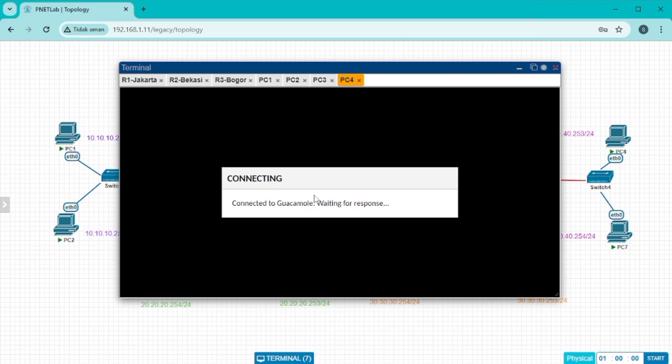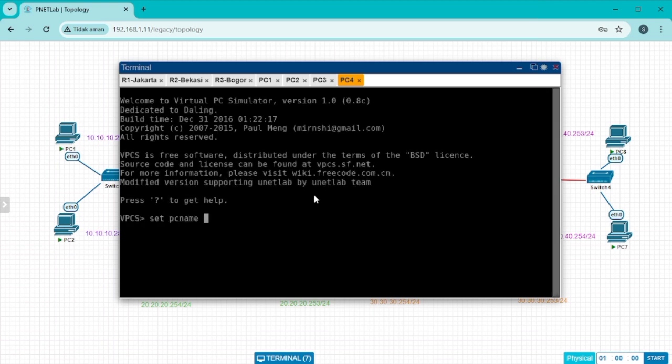Next, log in to PC4. After that, give identity and request IP DHCP on PC4.